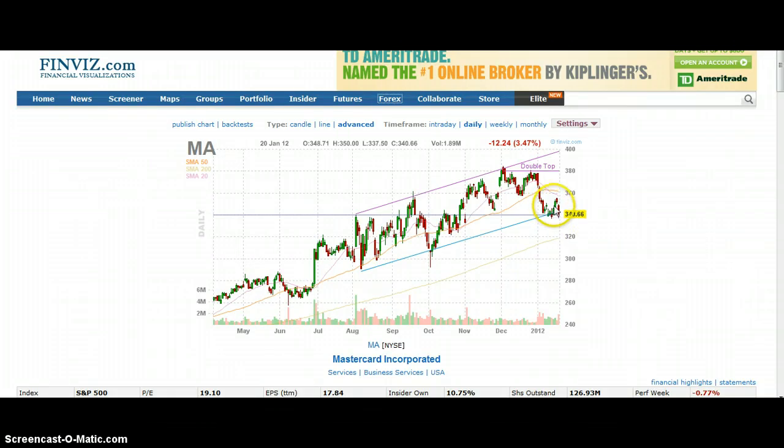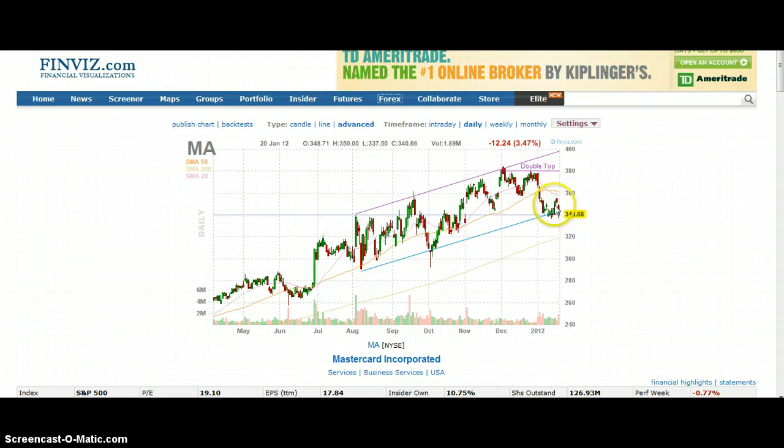Here's an example. Let's say that a couple days ago we decided that we wanted to purchase MasterCard. When it's trading at $350, we decide this, we want to purchase it. So if we were to place a market order, it would purchase at market value, $350, we own the stock, done deal. However, if we feel, and you have to be pretty good at predicting stock movement, maybe knowing support and resistance levels, but if we feel that the stock is going to dip down before it heads back up, we could then, instead of placing a market order, place a limit order at, let's say,